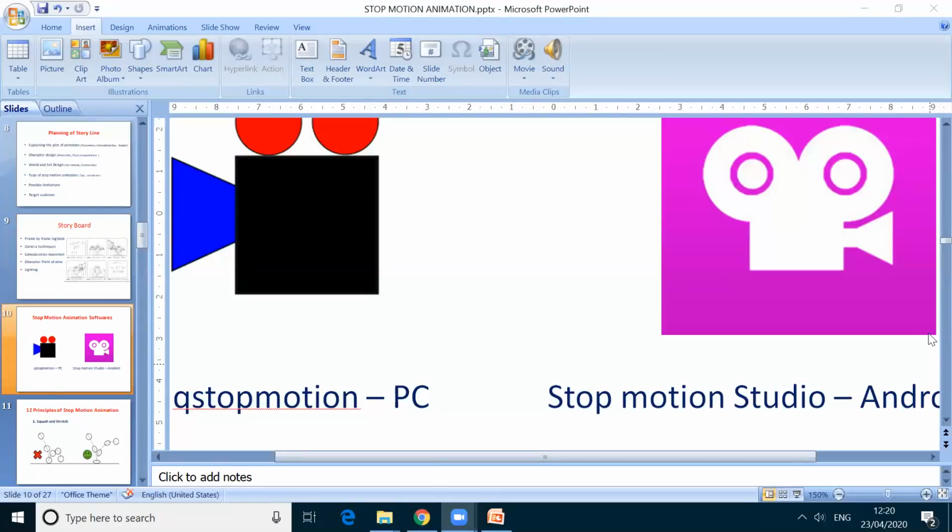There is an AL option, that is auto lock. When you click the M option in that icon, there will be an AL option. You select this one and click done. You can take as many pictures as you like, but take at least a minimum of 40 to 50 pictures. Yes, you can teach drawing using this.